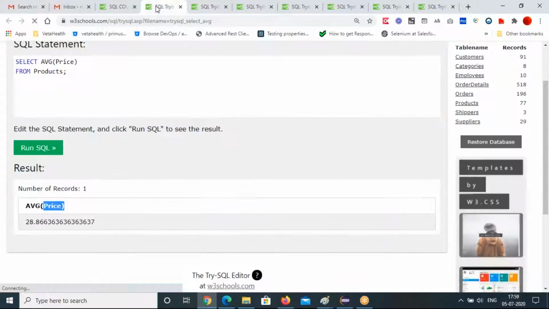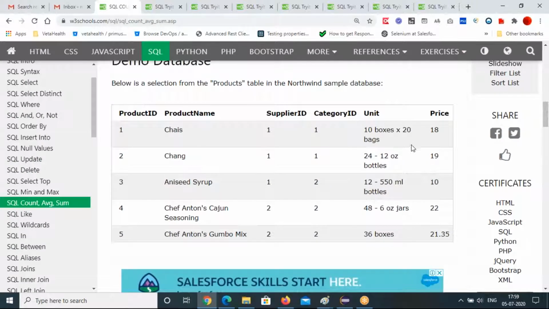So what is the value we got? It's all giving wrong values. I don't know whether we counted wrong or whatever it is.